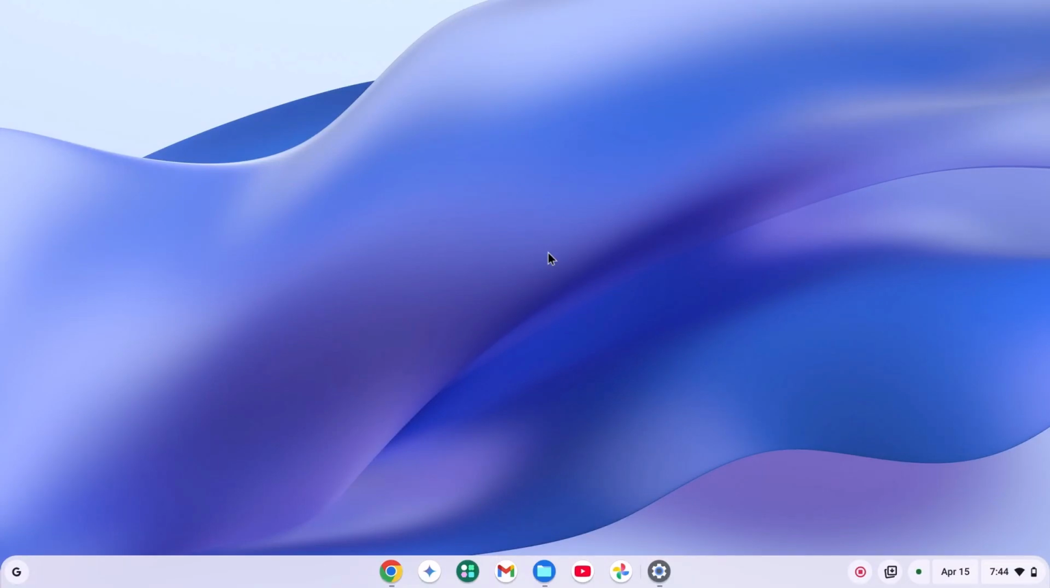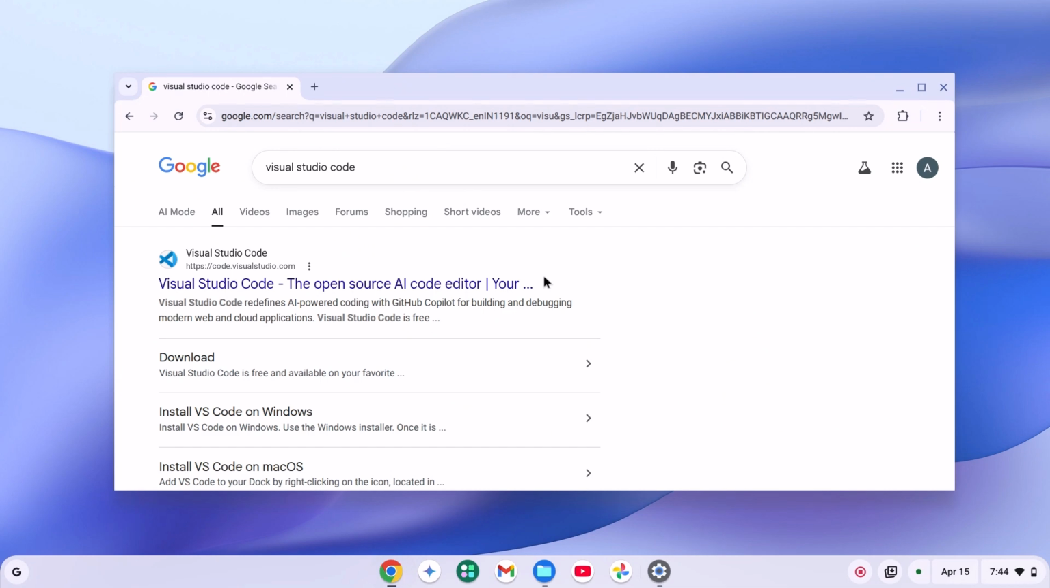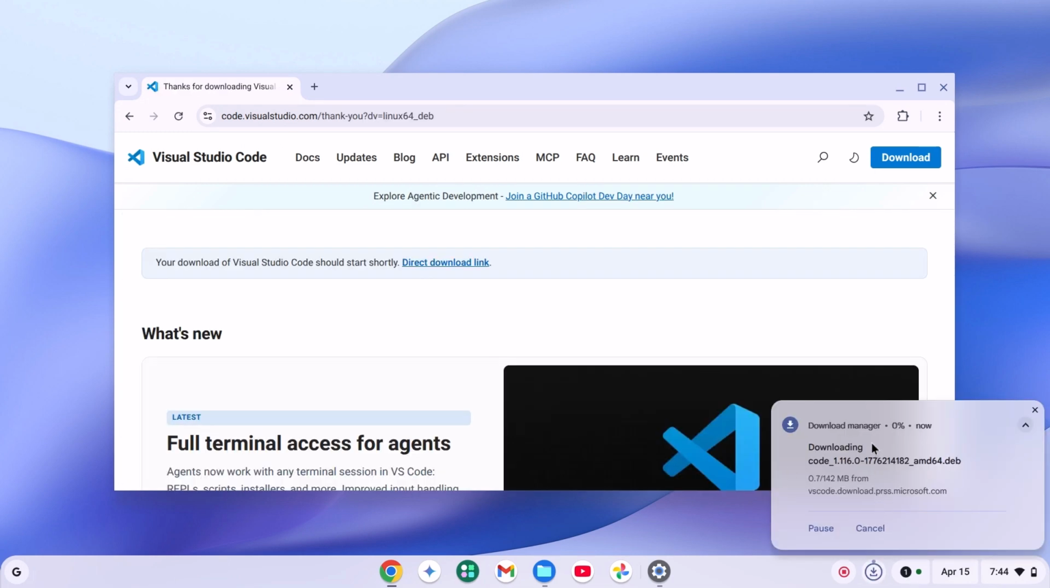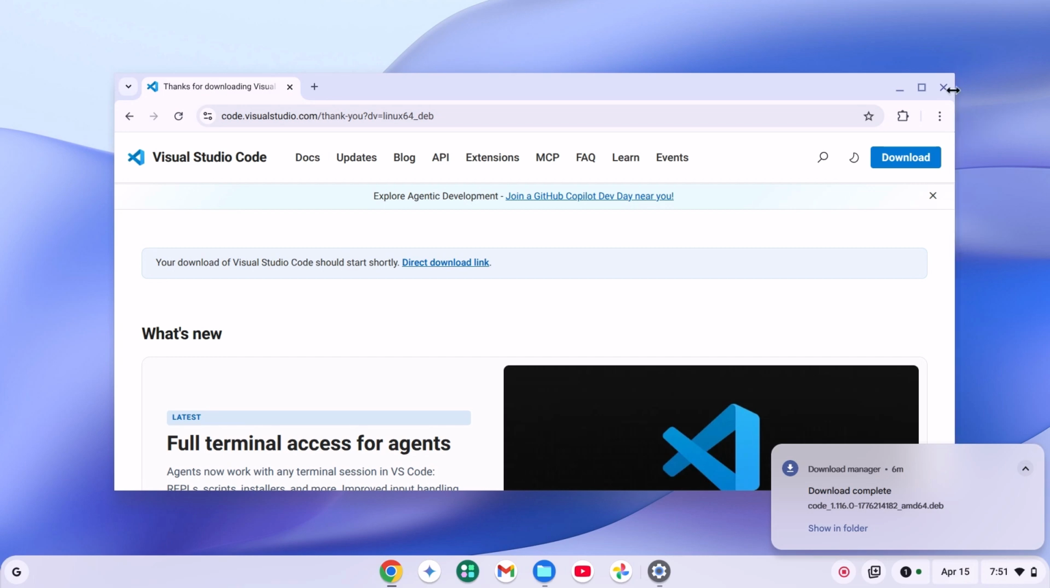Now to install Visual Studio Code, simply open any browser, search for Visual Studio Code and open the official website. Don't worry about the download link, I'll provide the download link in the description box. From here, simply download the .deb Linux file. Here you can see it is downloading, so let me complete the download process. Once downloaded, simply close the browser,